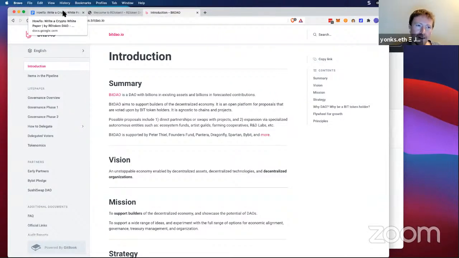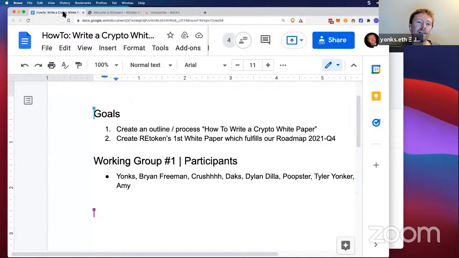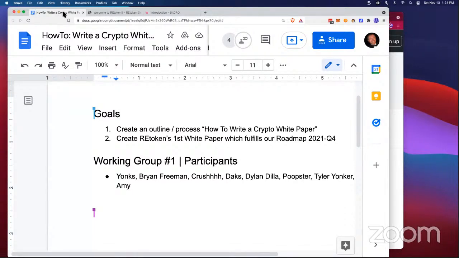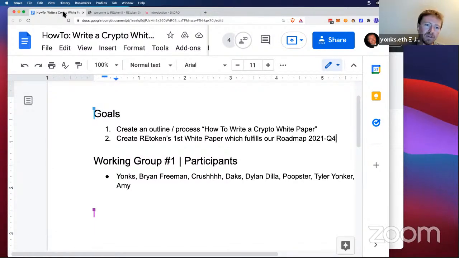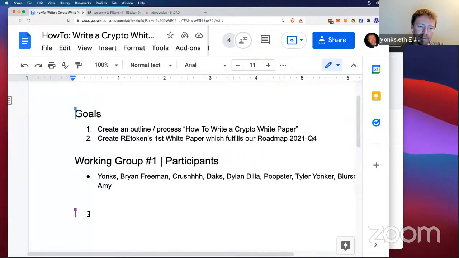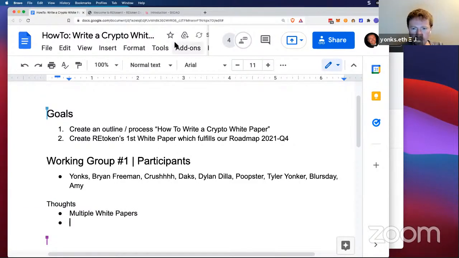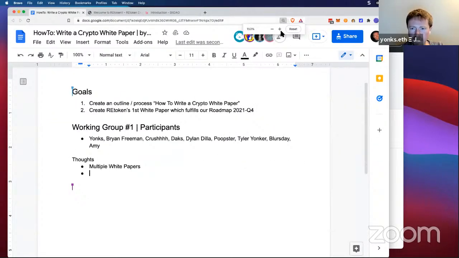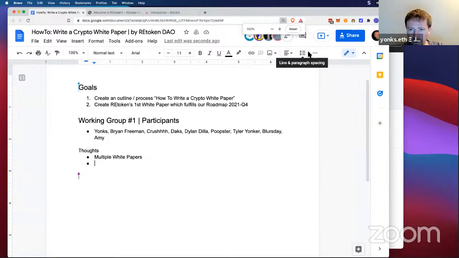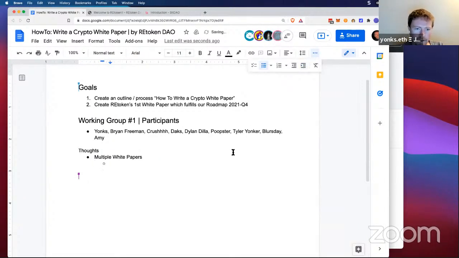Because I would really like to, and the thought on this is I think that we have the opportunity of having multiple white papers. So let me put this as a thoughts here, as a thoughts and a bullet point, multiple white papers. And let me do an indented, let's see. I think I'm losing some of my editors with making this bigger. So like first one that I was thinking about is